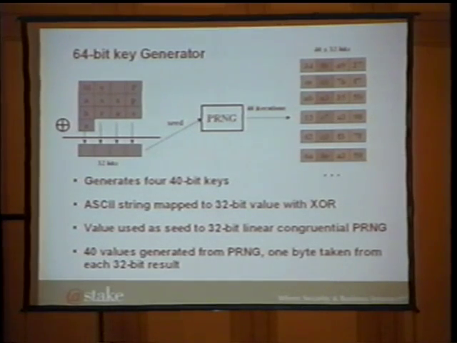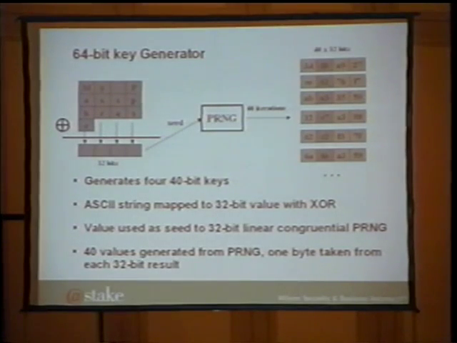So once the 32-bit value is generated, this is used as a seed to the pseudo-random number generator, which is shown in the box. The type of pseudo-random number generator used here was a 32-bit linear congruential pseudo-random number generator, and we'll see why that's important in a few seconds. This generator spits out 32-bit numbers. You can see a bunch of them on the side there, where the top number would be 34, F8, A9, 27.